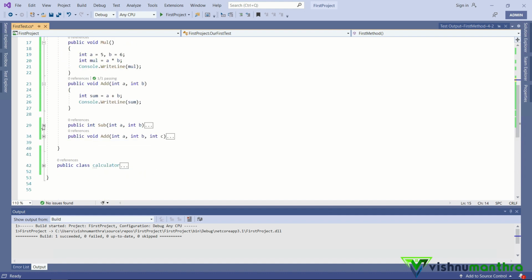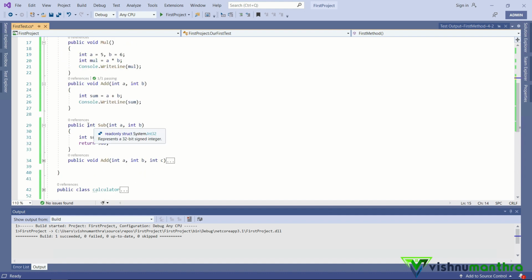Okay, now the next thing is, I'm going to comment this one. And the next method is, if you look here, you can see that I'm having the return type as int, so I'm returning an integer value. And I am having subtraction here, I am having parameters. In this method, I have declared the return type as integer, and I have to use the keyword return, and I have to return an integer value, and I am not printing anything here, right? I can even print here, but I am not printing here. We will try printing it in our method itself.